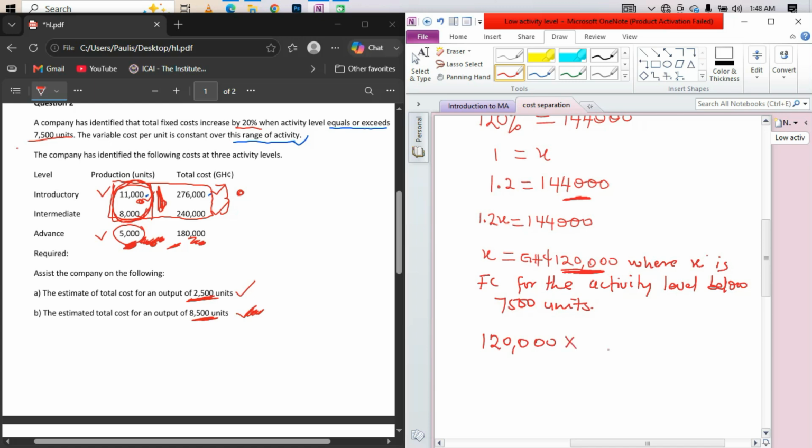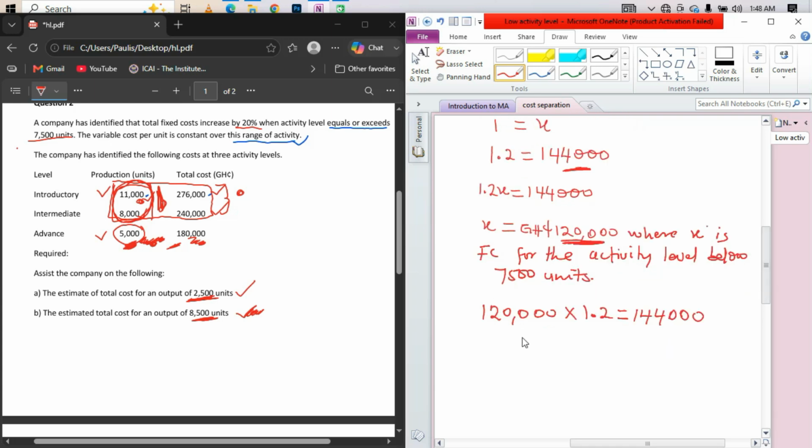So this will be times 1.2, and what would that give us? 120 times 1.2, and that gives me 144,000. So this is just a proof that we are correct. So let's derive the function for below average. So below the average,